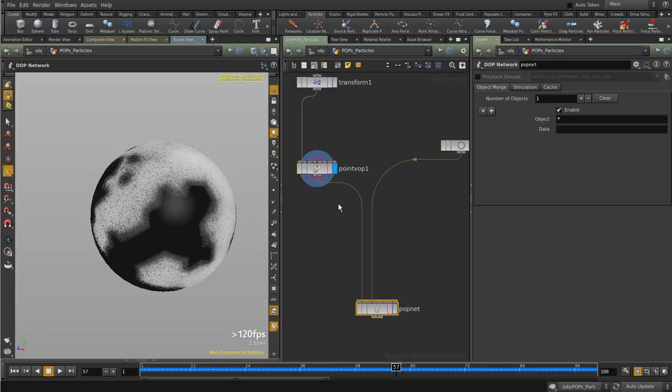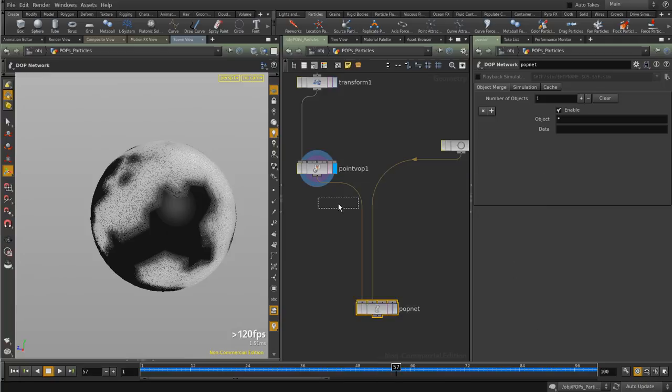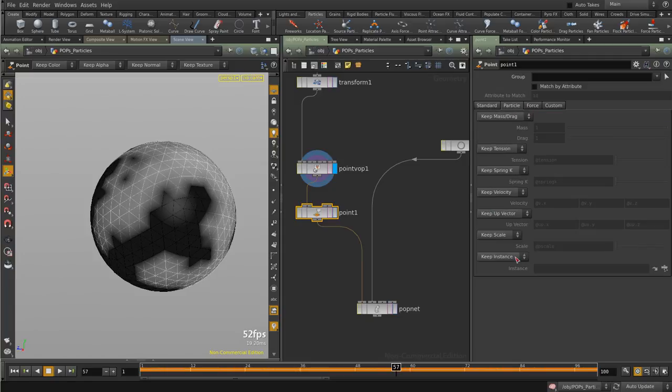To create the velocity attribute, I can use the point node. Inside the point node, I can work with the standard. The standard is applied from the point, the basic point, or on particles. I apply the velocity. Add the velocity, and here I have the new kind of script